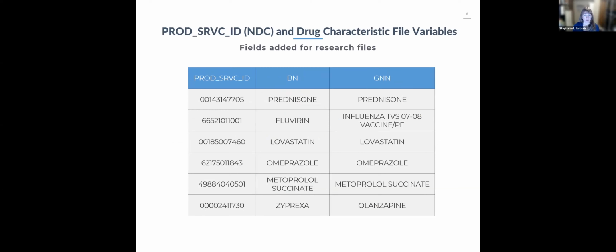When you look at the PDE, there is information available on brand name and generic name. These are in the drug characteristics file, and if you request them, they'll be appended to the PDE for you. And this gives that for any given product service ID. Now remember, in the PDE, when we see a product service ID, no dashes. And then we have a brand name and a generic name. You can see that when a brand name and a generic name are the same, in general, that means that it's a generic drug. So the brand name is never blank, even if it's not a brand name drug. You will see the same as the generic name. We'll make a note about this later as well.